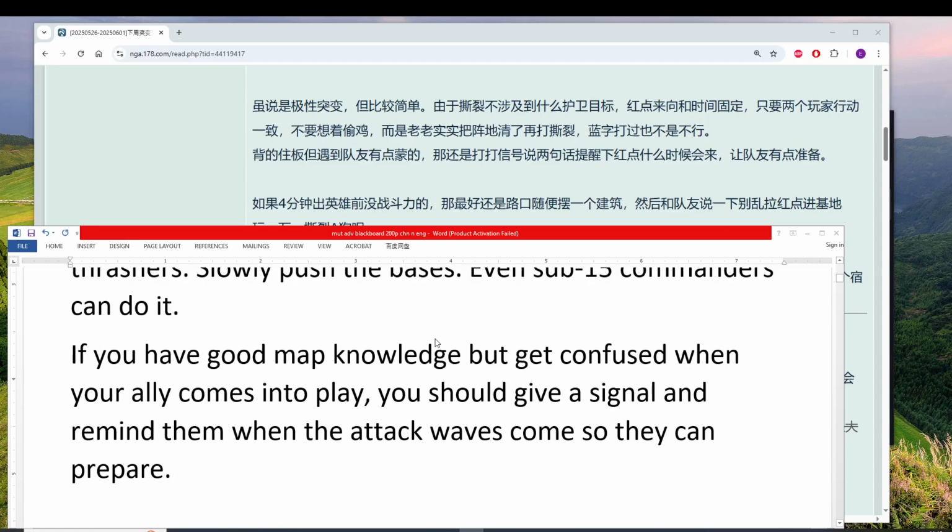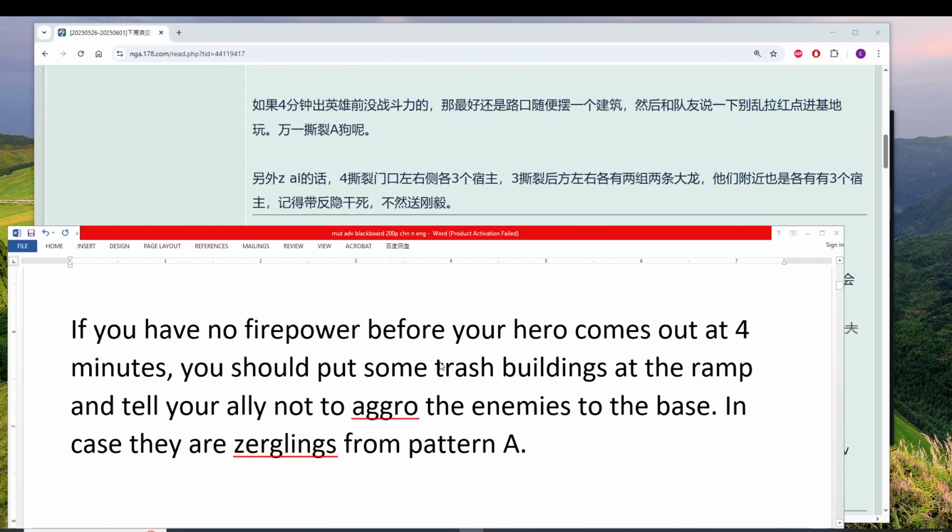If you have good map knowledge but get confused when your ally comes into play, you should give a signal and remind them when the attack waves come so they can prepare. If you have no firepower before your hero comes out at 4 minutes, you should put some trash buildings at the ramp and tell your ally not to aggro the enemies to the base, in case they are Zerglings from